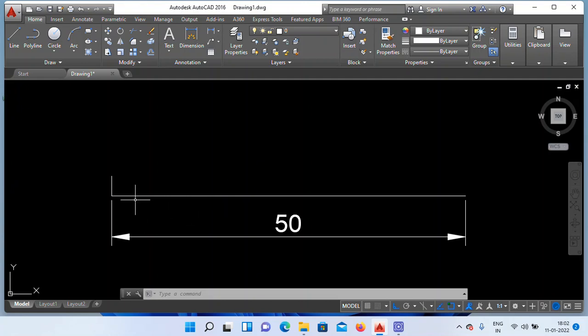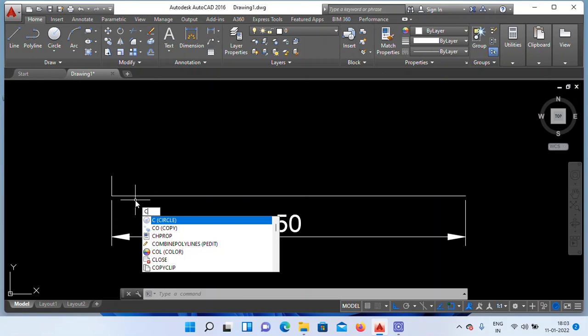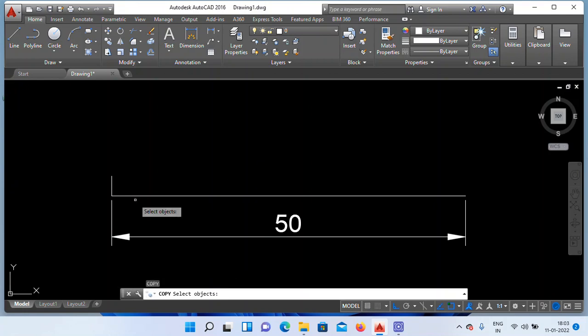How? Apply the copy command. Just type CO, enter. Select the object which you want to copy.